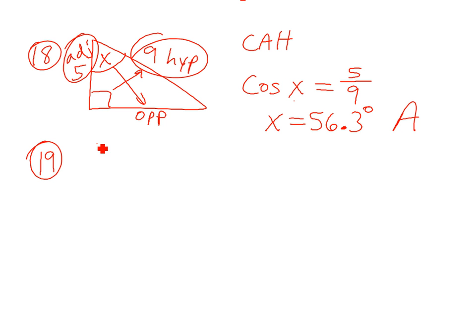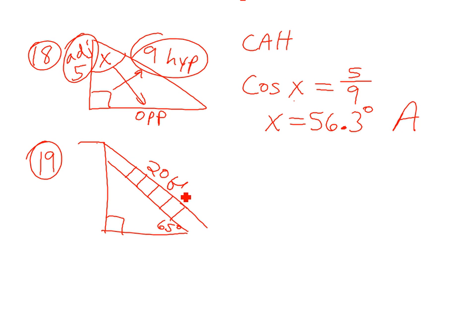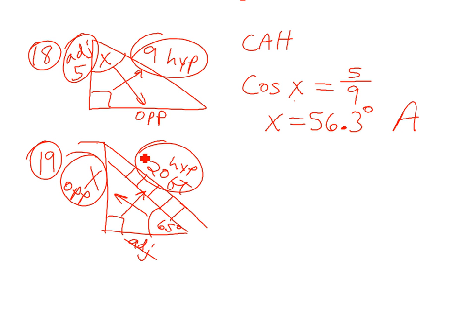Number 19. If a 20-foot ladder makes a 65-degree angle with the ground, how many feet up the wall will it reach? So we need to draw a picture. We've got our wall and our ladder. It makes a 65-degree angle with the ground, so that goes right there. This has to be a right angle, and it's a 20-foot ladder, and we're trying to figure out how far up the wall it goes. We're going to have to use SOHCAHTOA again. Label the triangle accordingly. This is the opposite leg. Your ladder side is your hypotenuse. This side is the adjacent leg. We really don't care about the adjacent leg this time. Opposite and hypotenuse,